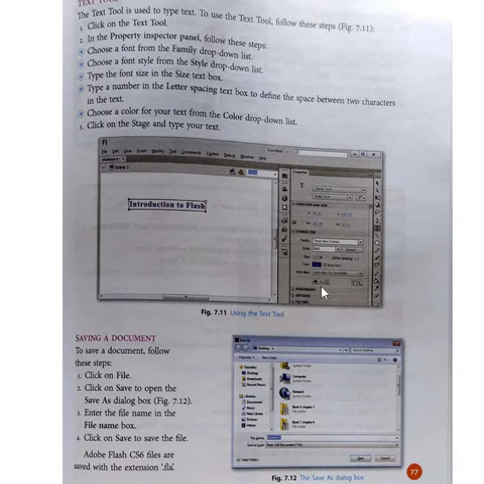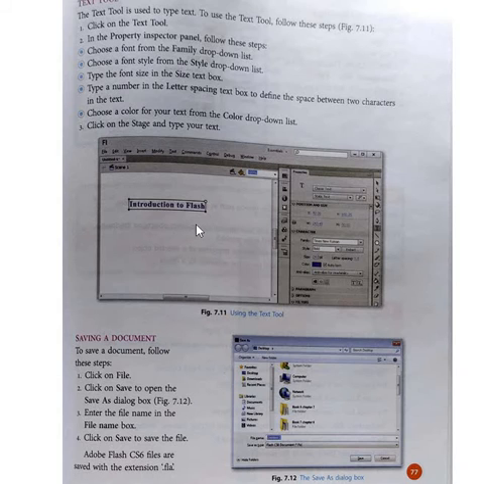There are so many options here. Choose the font style, color, spacing. All the options are here. In the property inspector, there are so many options. You can choose and select all the options. Select the color, font size, font style, and how much space you want to give between two characters. And then after completing this, you can click on the stage and start typing.